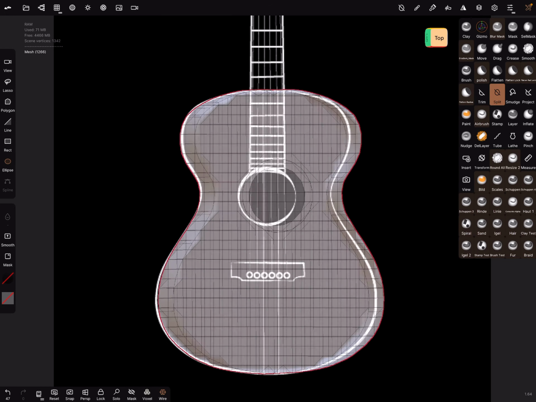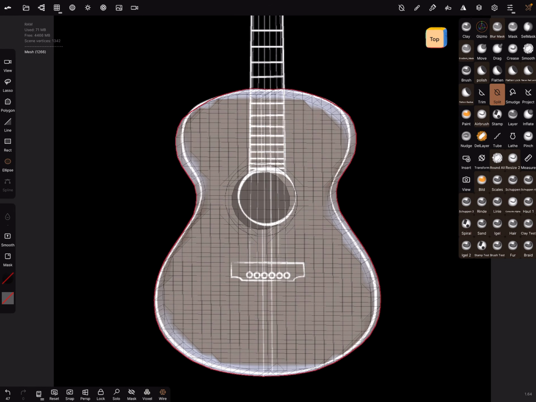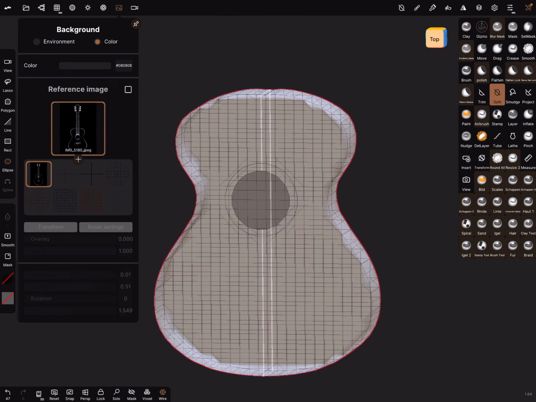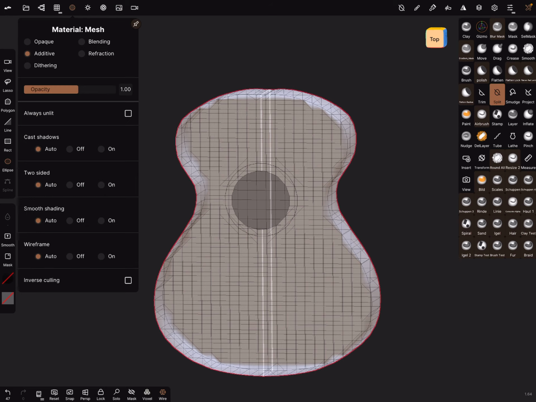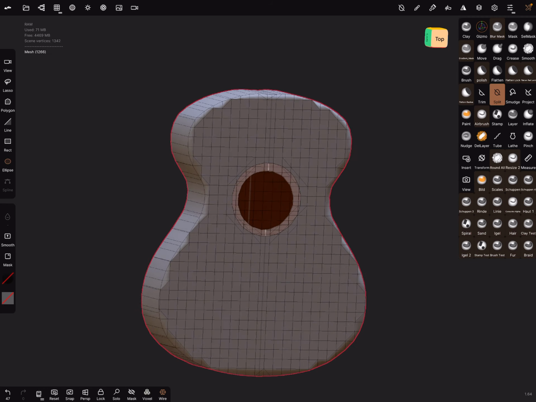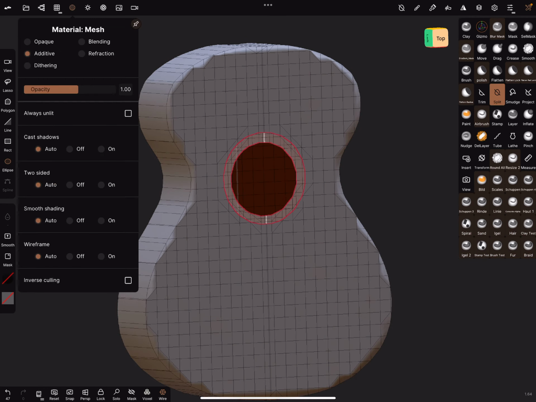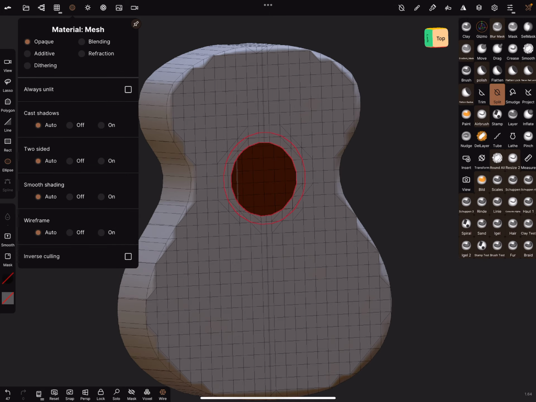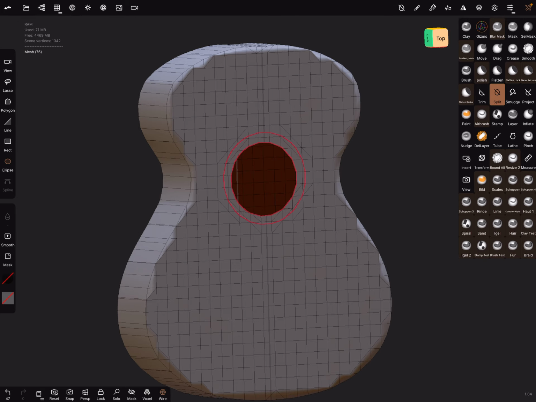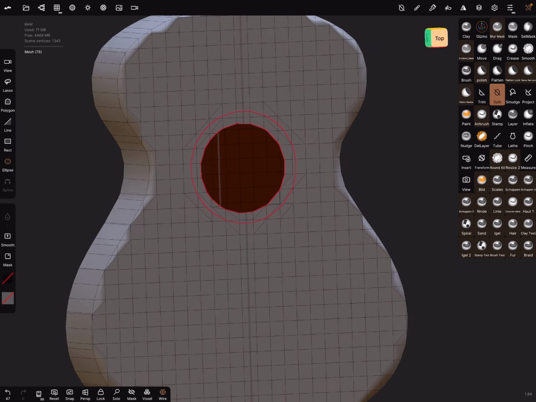Body is okay. And now we can turn off the reference image and bring our opacity in the material settings back. And our ring is also opaque now when we change it.